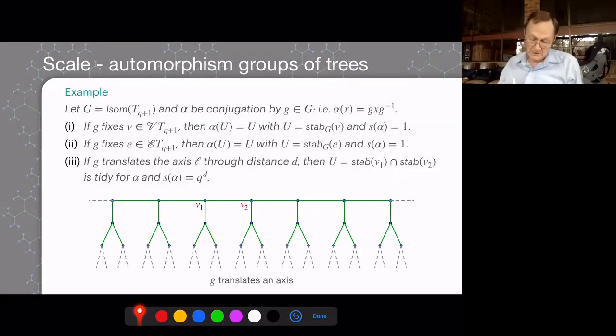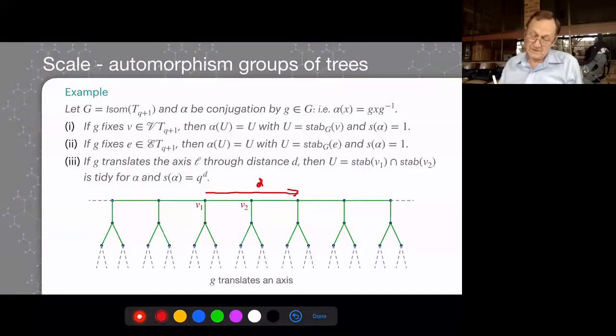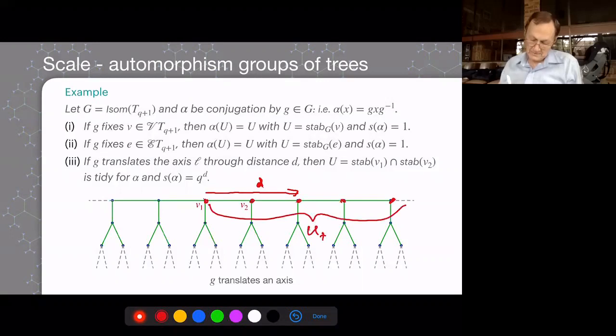Now, I could say a little bit about what U plus is. So if alpha is translating through some distance D, say, then U plus will fix every vertex to the right of V1 and V2. So U plus fixes all those. And let's perhaps go to a different color. U minus fixes every vertex to the left of V1 and V2. And it's not hard to see that U then is the product of U plus and U minus,